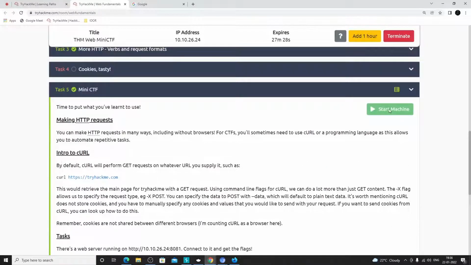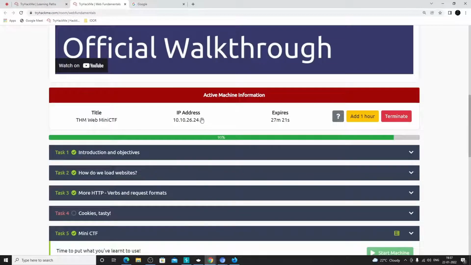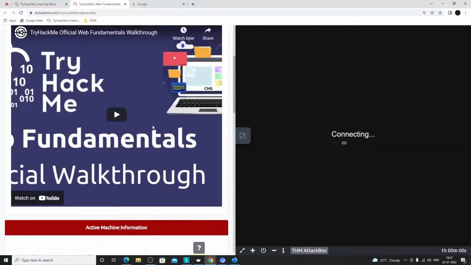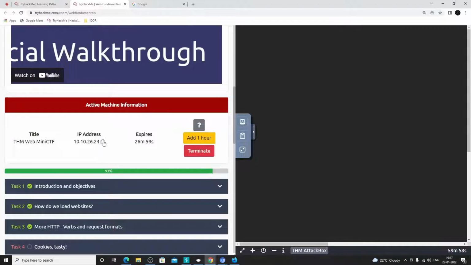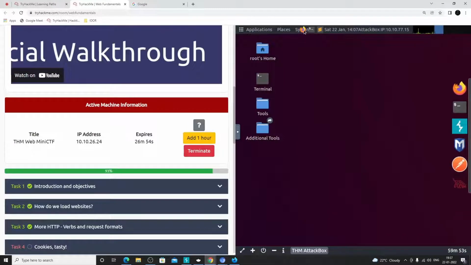So first of all, we are supposed to start this machine and then send the requests. I have already started that machine, that's why I got that particular machine's IP address here. And on this particular IP address, a website is running. How can we verify it? Let's access our Kali machine from this TryHackMe. I have already started it, so that's why I'm seeing the show split view button. And if I access this IP in the browser,